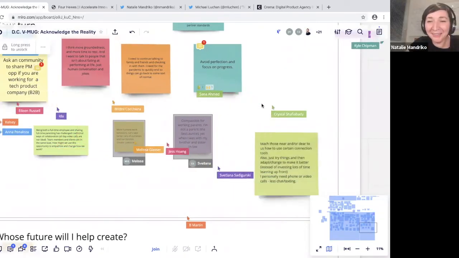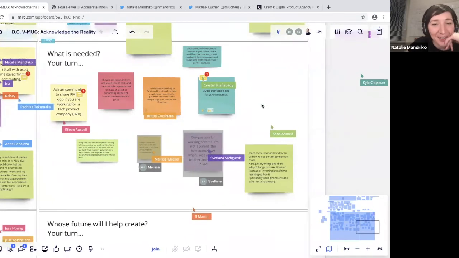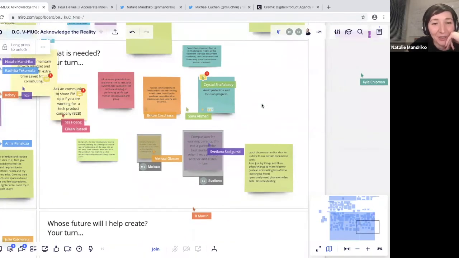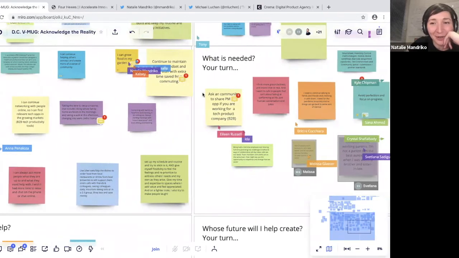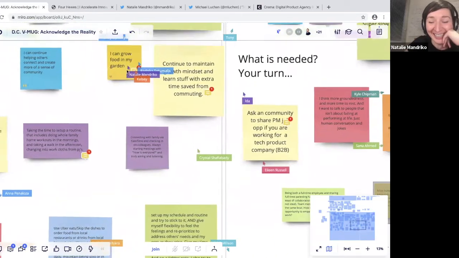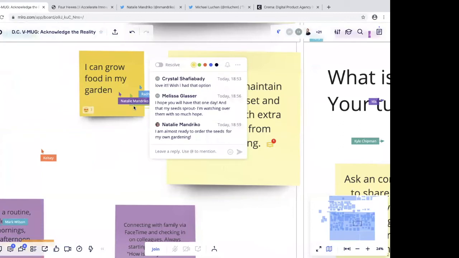I'm going to ask a weird question. Crystal, Melissa, you mentioned you want to grow food in your garden. Are you ordering seeds now? Because I haven't yet, but I really want to do it. Yeah, I have seeds that I got at our co-op, and I'm starting some things inside, and I've got some things started outside, and I stalk them.